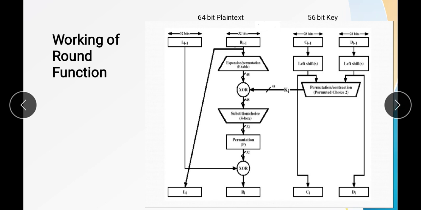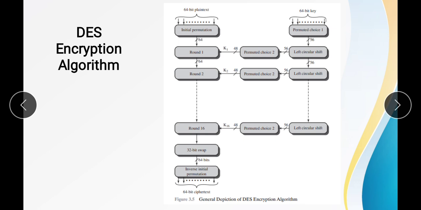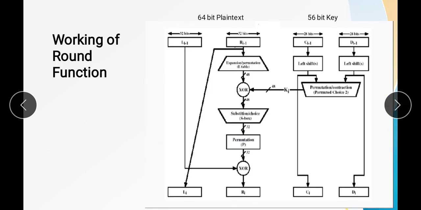In the plain text, first we have to apply the permutation that is given here, that is the initial permutation. After the initial permutation we'll get two halves of the plain text, left one and right one, and each will be of 32 bits. This is left one and this is right one, and both have the same size, that is 32 bits.